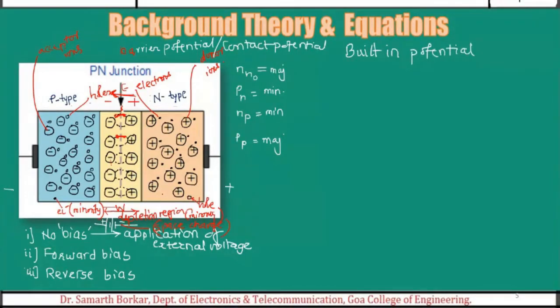Now, due to this natural phenomenon, we have an electric field generated here. What happens due to this electric field? There are these minority charge carriers. See here. These are the minority charge carriers, and also one more minority charge carrier here. So the electron acts as a minority charge carrier in the p region. Hole is acting as a minority charge carrier in this region. Now what will happen? Hole is positively charged, so it will be attracted by this negative plate, and this electron is negatively charged, so it will be attracted by the positive plate. So there will be a kind of drift current on account of this electric field.